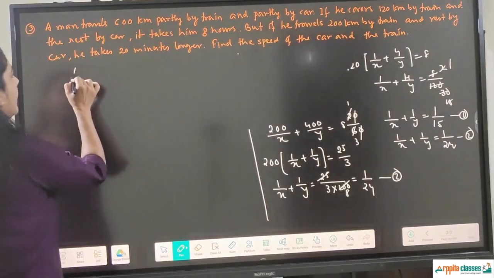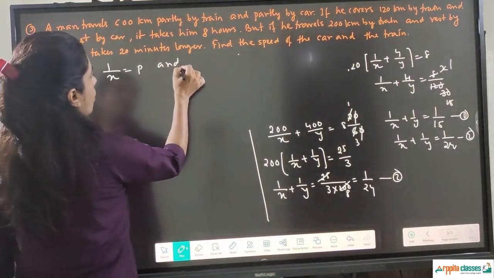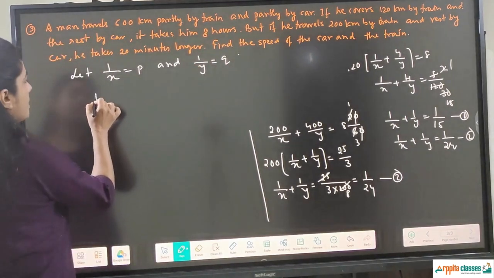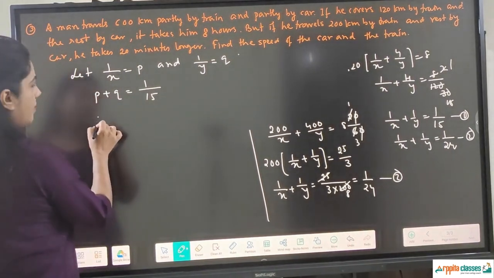Now we need to solve. Let 1 upon x is equal to p and 1 upon y is equal to q. So the first equation becomes p plus 4q is equal to 1 upon 15. Second becomes p